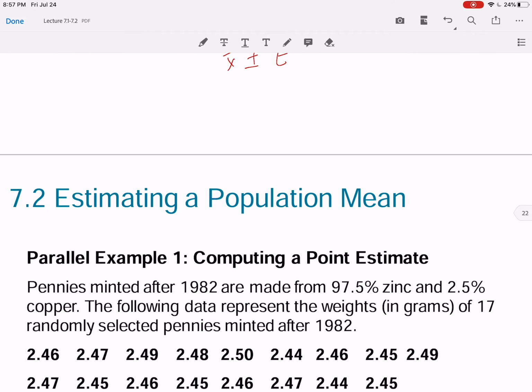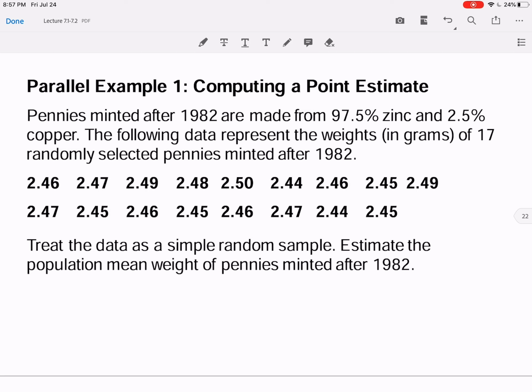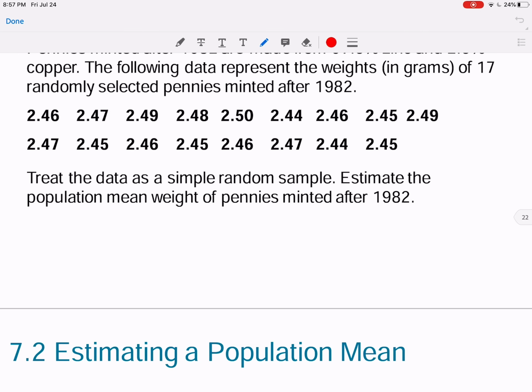Okay, let's take a look at it. Once this is clear, let's take a look at this example. I think this is quite straightforward because this is an example for computing the point estimate. It says the pennies minted after 1982 are made from 97.5% zinc and 2.5% copper. The following data represent the weights in grams of 17 randomly selected pennies minted after 1982. So we get 17 numbers here in total. And the problem says treat the data as a simple random sample, estimate the population mean weight of pennies minted